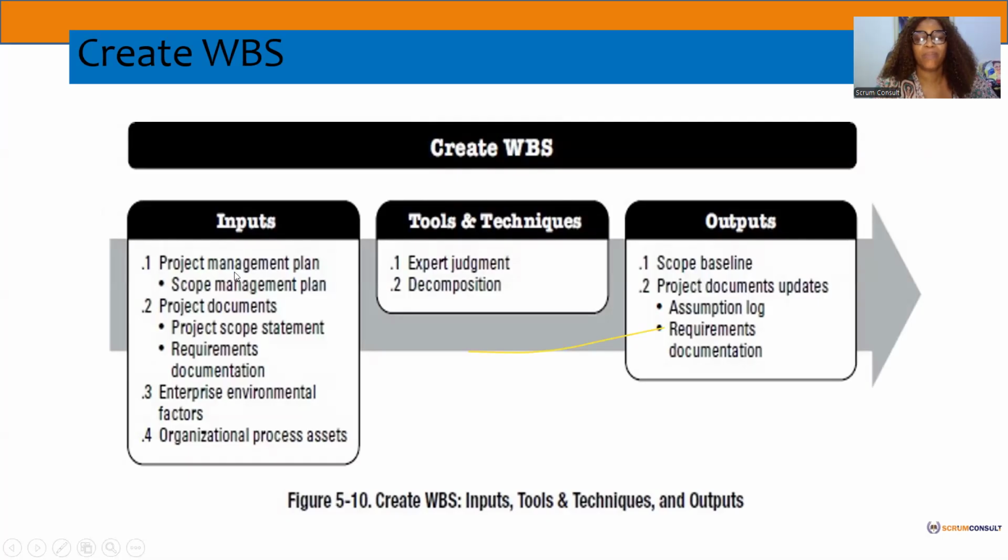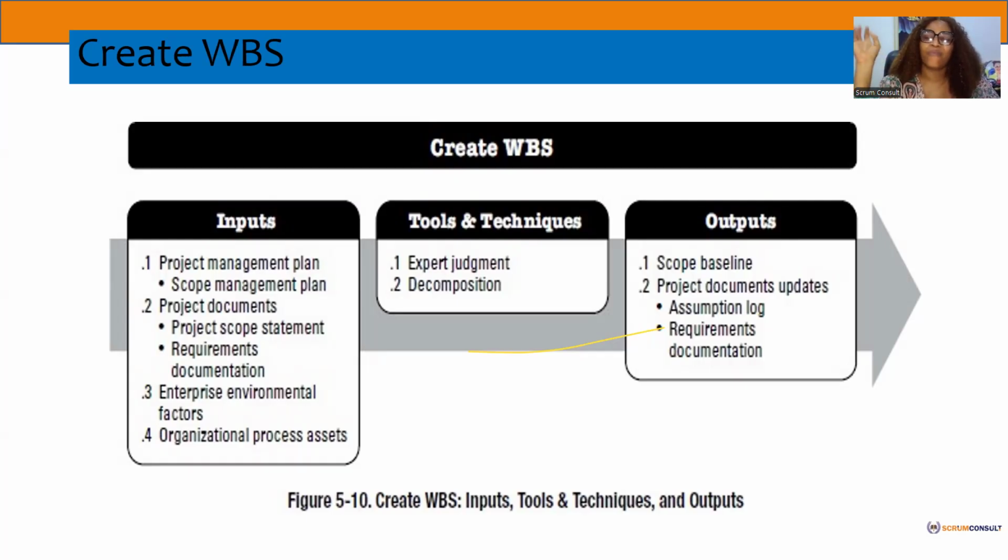You have your project management plan. You have your scope management plan as an input. You know how we got them. You have your project documents, which could be, not could be, mandatory: your scope statement and your requirements documentation. Remember that in the requirements documentation, you separated each of the scope items based on different needs: your stakeholder requirements, product requirements, project requirements, and all those things.